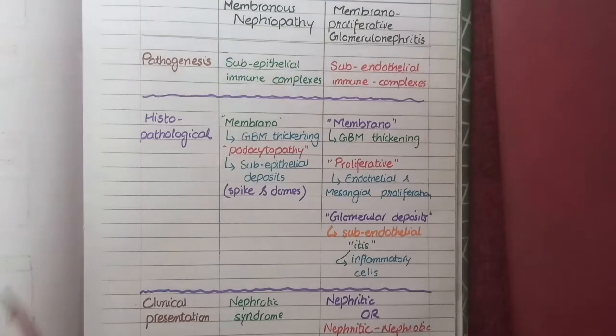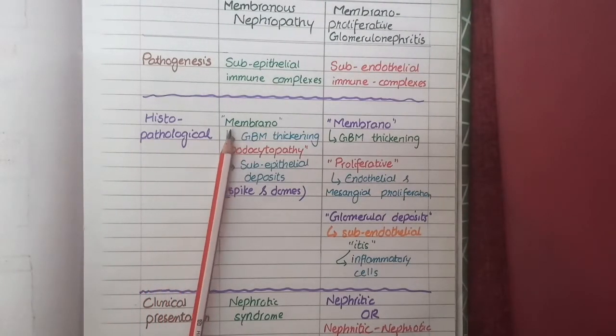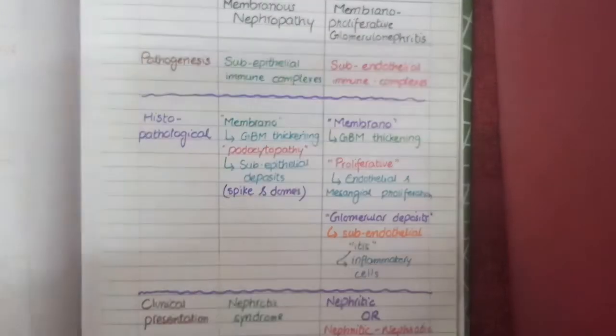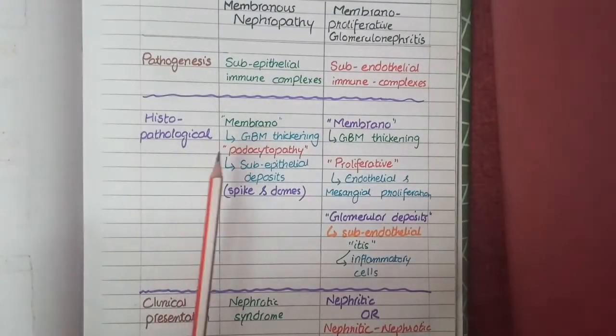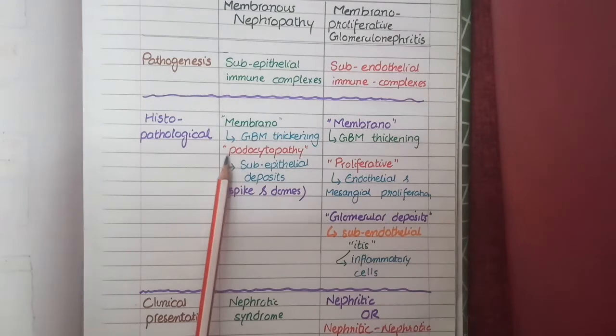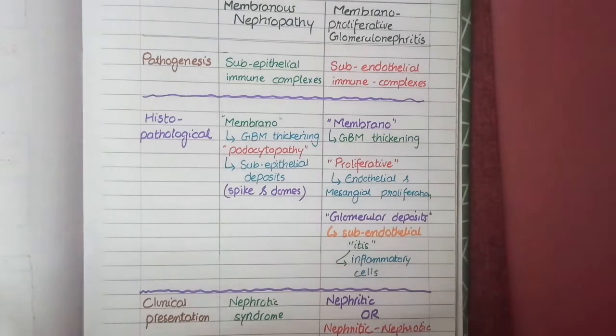Now coming to the histopathological features, we studied that the keywords for membranous nephropathy were membranous podocytopathy. Membranous implies thickened glomerular basement membrane, and podocytopathy means that there will be subepithelial deposition of immune complexes. This will appear as spike and dome pattern. Remember that in membranous nephropathy there is no word such as itis, so there are no inflammatory cells in this